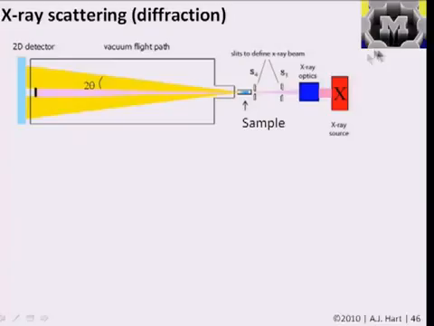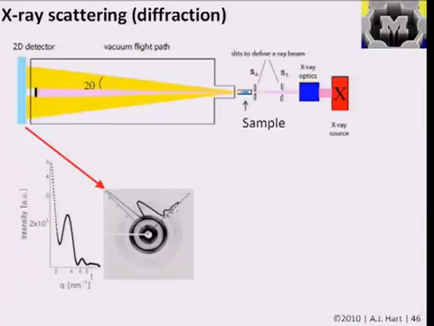And the basic thing I want us to grab here is that we can understand certain things about the material by impinging it with a beam of X-rays, where for this you have an X-ray source and you have a set of optics and slits that create a collimated small X-ray beam, and then you pass the beam through your sample, and then based on those interactions, the X-rays get scattered or diffracted, and then some way down you have a detector and you take an image. And this, for example, shows